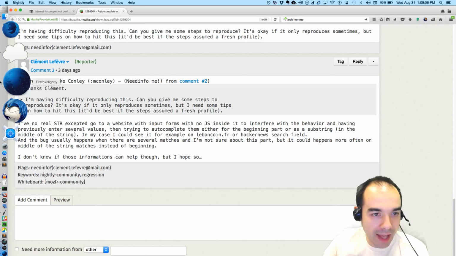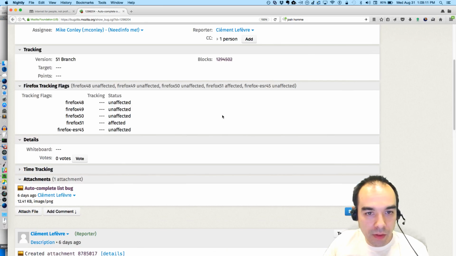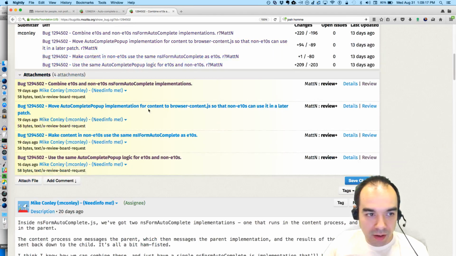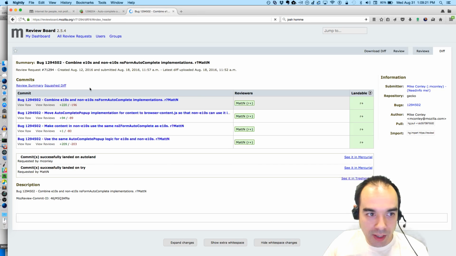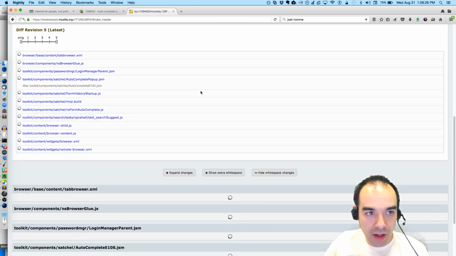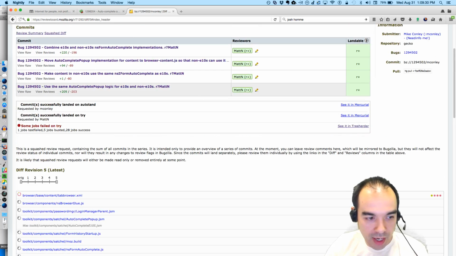Because when I look at the patch that I landed that opened this bug, I didn't remove a rowCountChanged anywhere. These are the patches that I landed, and if I look at them all squashed together, there's a squash diff option here. There's nothing in here about row count changed.